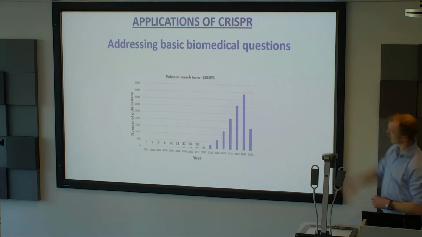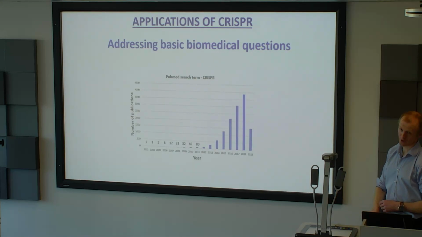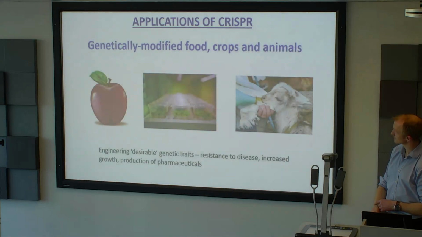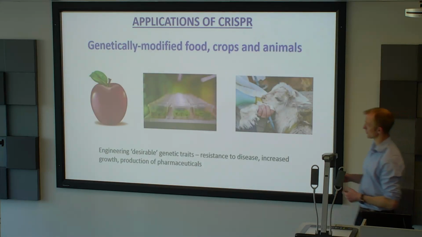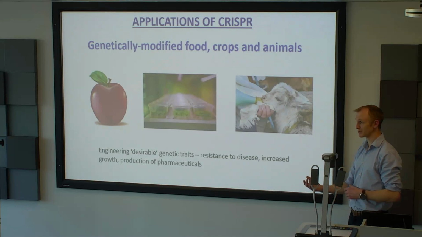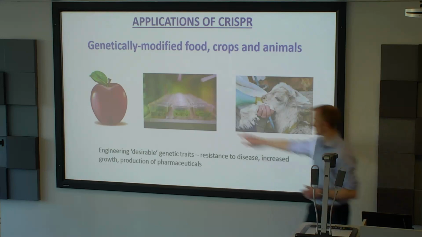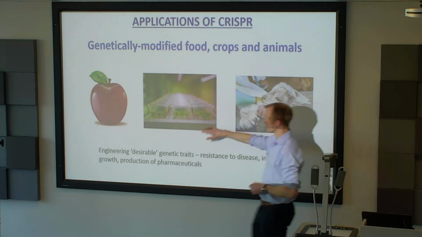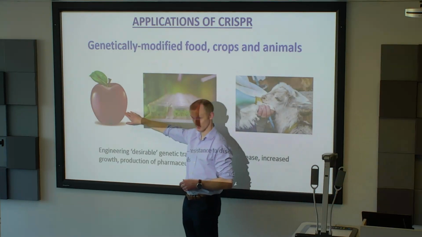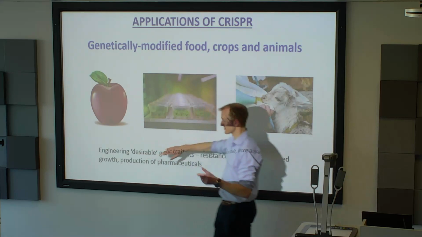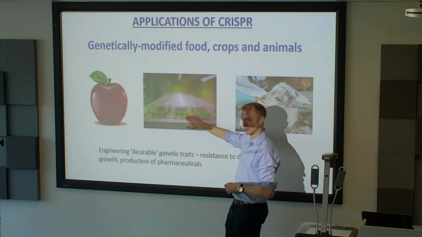So it's going up and up, where people are using it much more often in their biomedical research. And of course, industry have got on board as well, because we can already produce genetically modified foods. We can produce genetically modified plants, for example. There's been genetically modified apples which don't bruise anymore. They have genes inserted into them. There's plants now which are on the market which are resistant to insects and